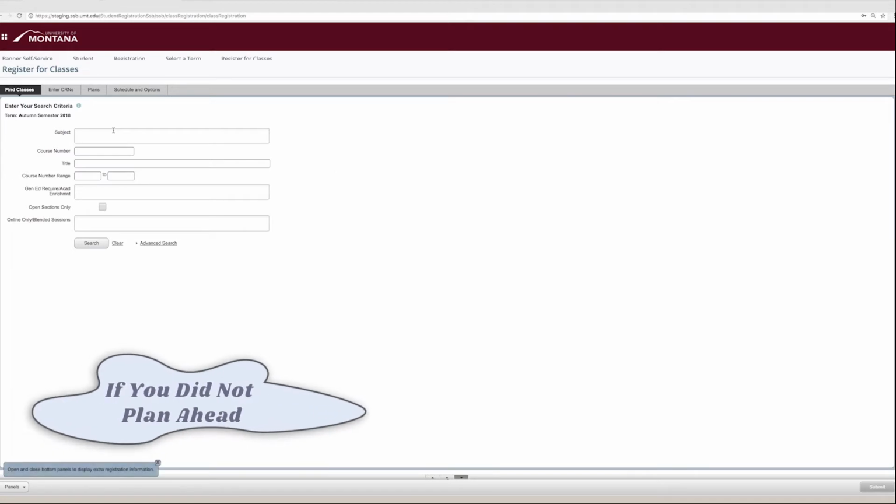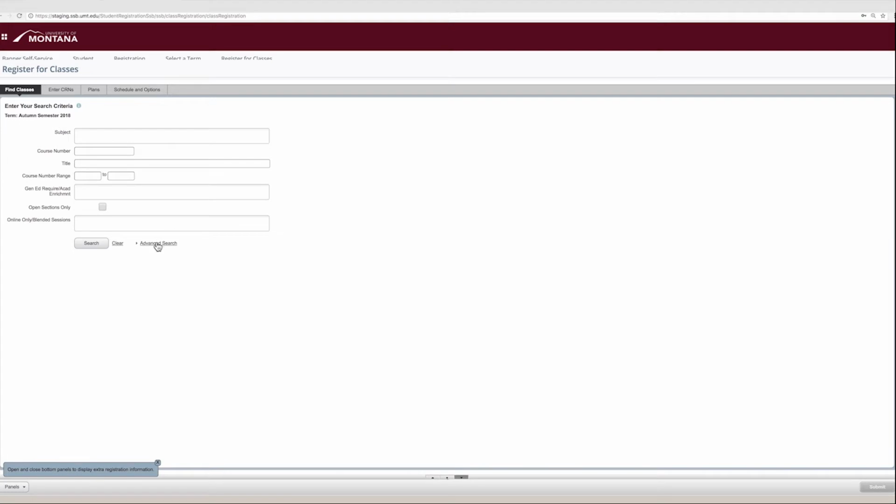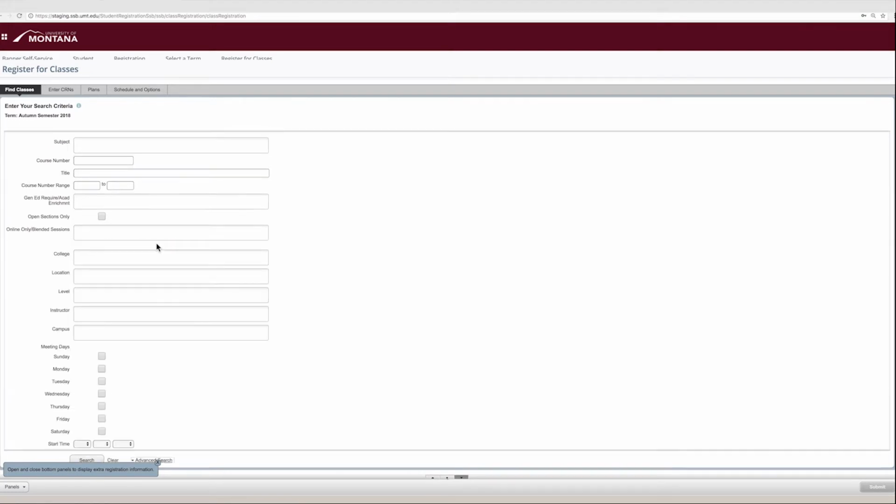If you did not plan ahead, start with the Find Classes tab. Clicking Advanced at the bottom will open new criteria. Use this menu to look for classes by subject, title, general education requirement designation, campus, and day and time. If you can't remember the full course title, you can enter a percentage sign as a wildcard.